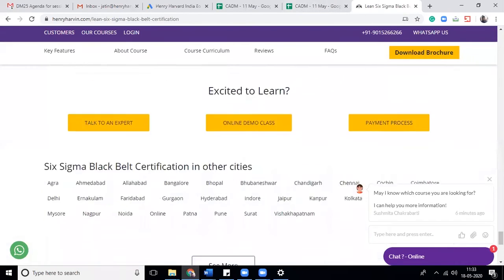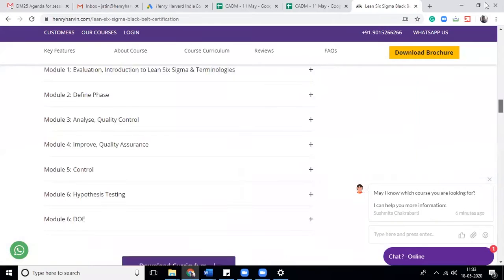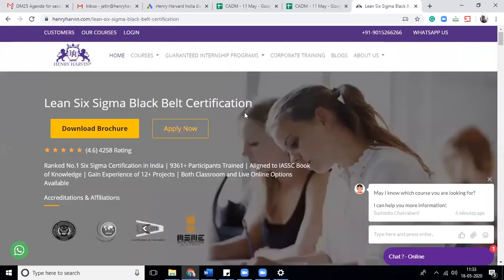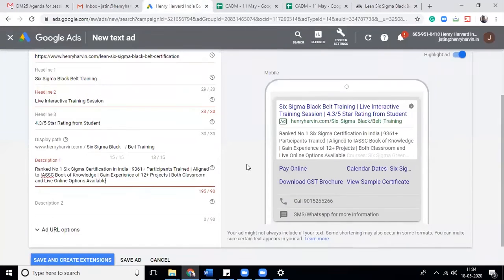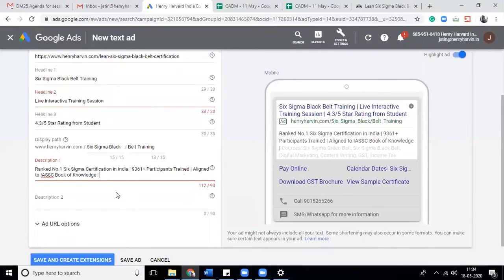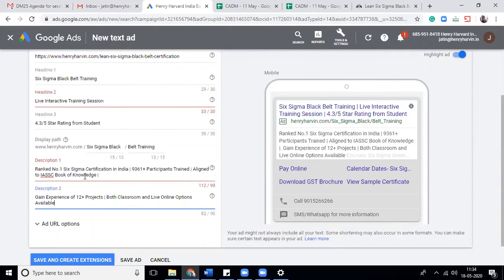Like this, our page is built specifically in this manner where we can write it simply. Okay, I just copy this text. Our content is very specifically 195 words. Rank number one, we have already said earlier.